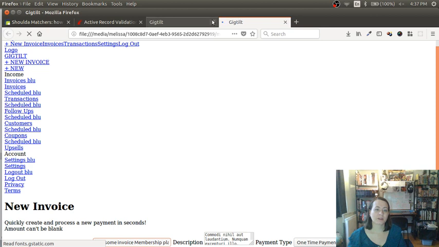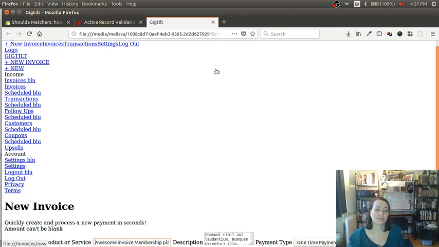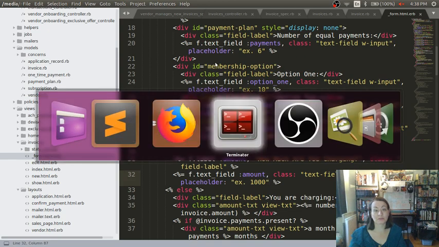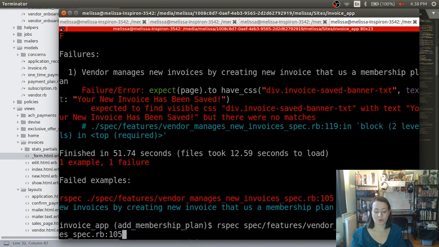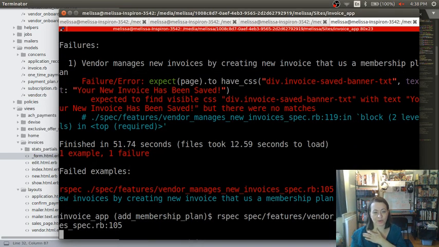It can't be blank. Oh, you know what? I should have just inspected at invoice to see what it said. Why don't we do that real quick? Let's investigate at invoice and see what